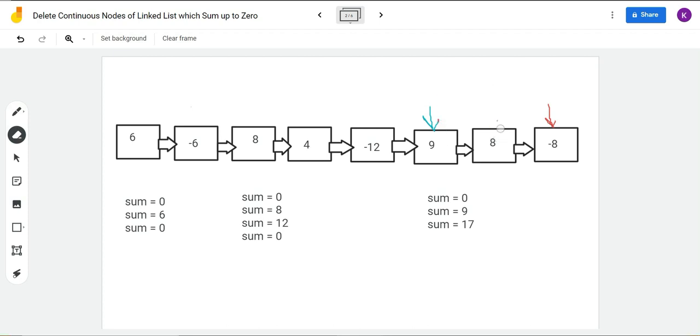Yes. So now our sum gets updated again. What happens? Sum becomes 17 minus 8, that is 9. Here is the important thing. So sum became 9, which was also here at this node. See, sum was 9 at this point and sum is also 9 at this point, which means that the nodes in between added up to 0.